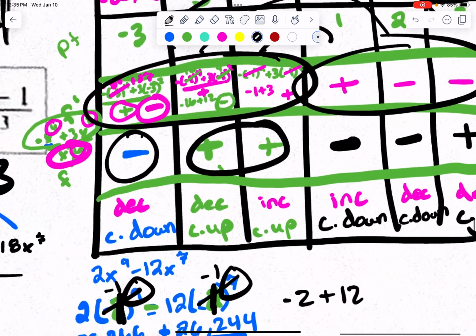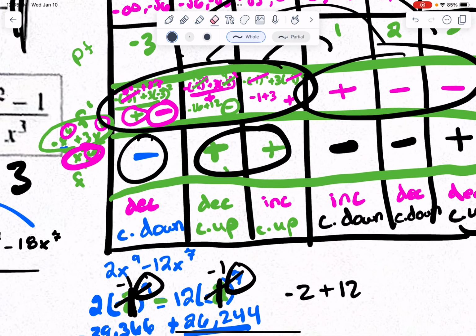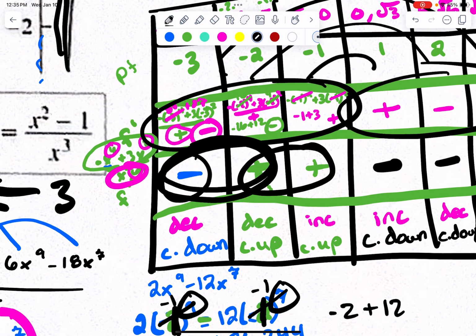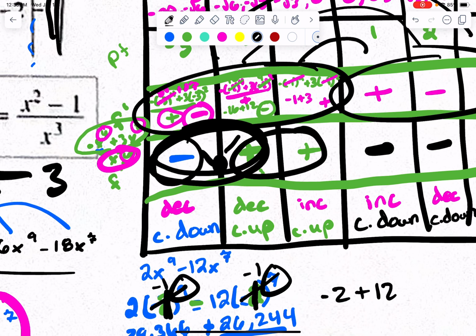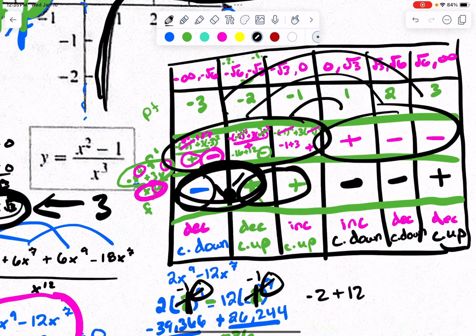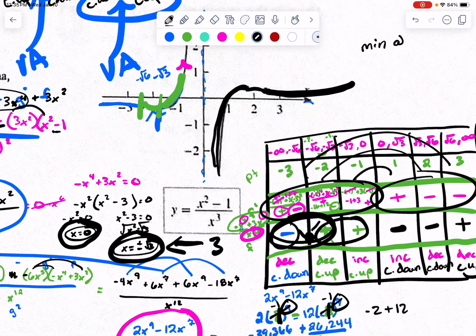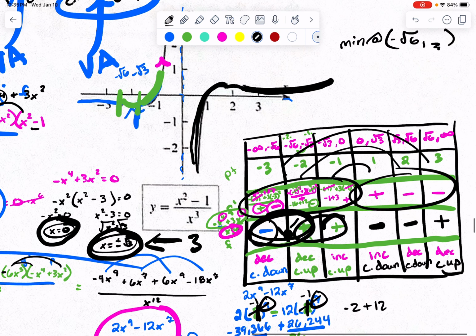Okay, so to do maxes and mins, we look at our first derivative. So where he's switching. Right here is where he switches. So he's going downhill, then uphill. So he has a minimum there. Right? So he has, I'm just going to say, a minimum at -square root of 6. Min at -square root of 6, comma something. I'm not going to figure the something out because that's a lot. Then he's increasing here and then he goes to decreasing. Increasing, then decreasing. So it looks like he has a maximum there, but he actually doesn't because